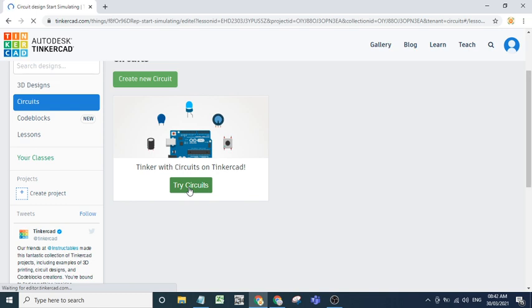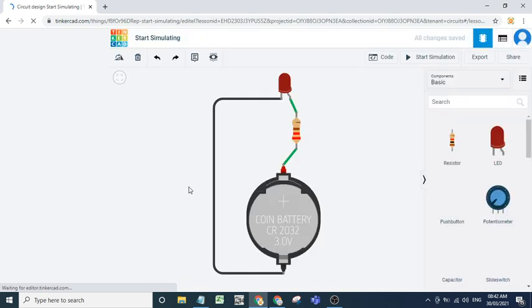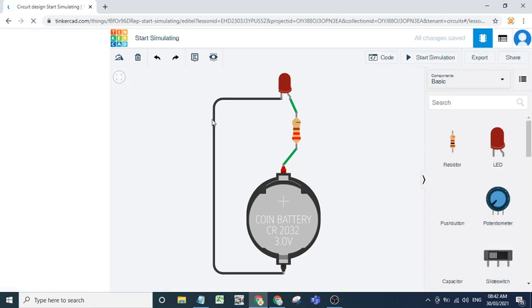When you click on try circuit, it will provide you some ready-made circuits. For example, this is my simple circuit. This is my battery and this is resistor, this is LED.